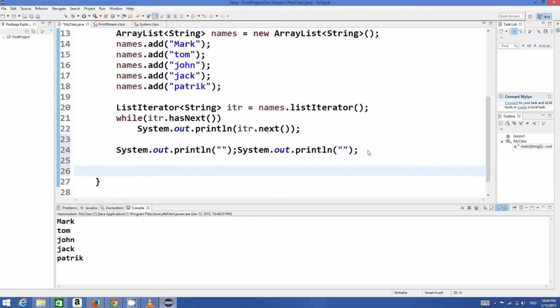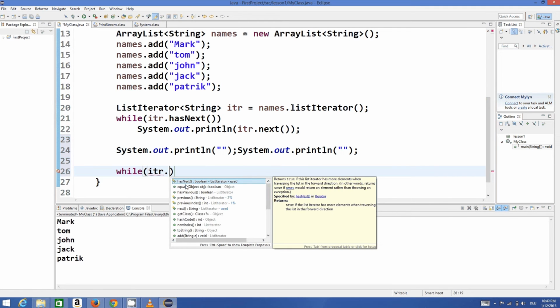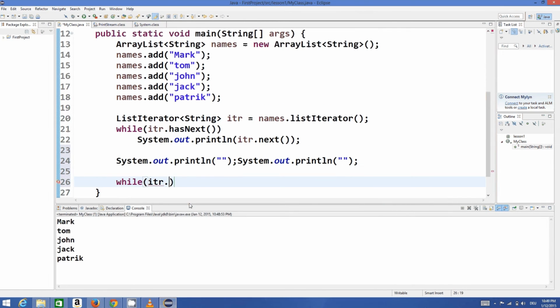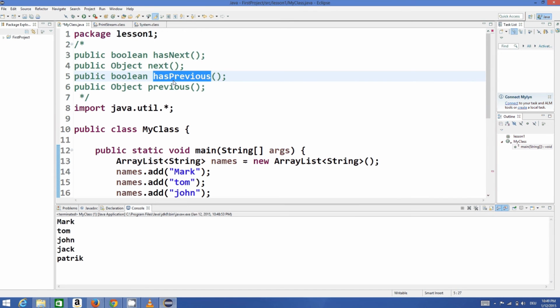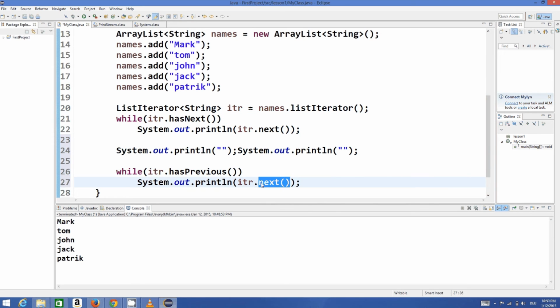So let's use while once again, while, and then this time we will use this iterator to iterate over the list in reverse order, right? So itr dot hasPrevious, so search for hasPrevious, or just copy this hasPrevious from here, and then if our iterator has the previous value, we are going to print the previous value. So we can just write iterator dot